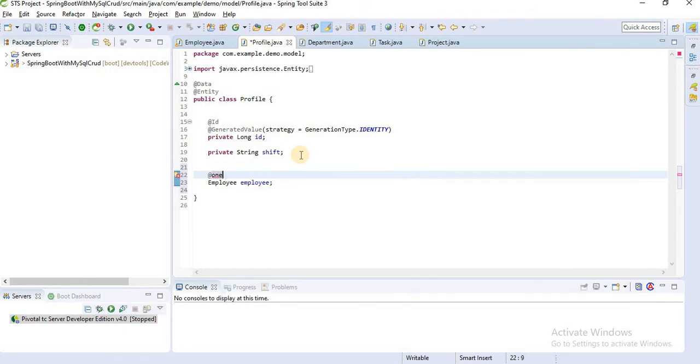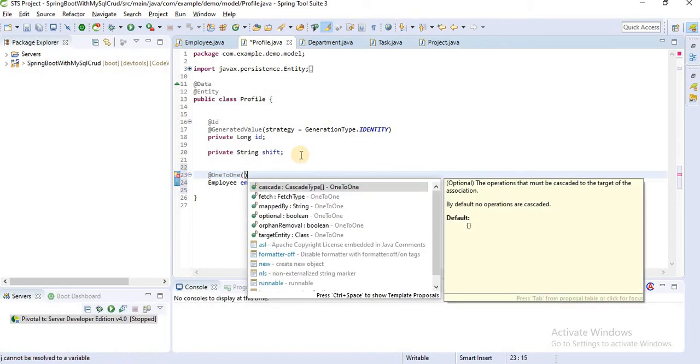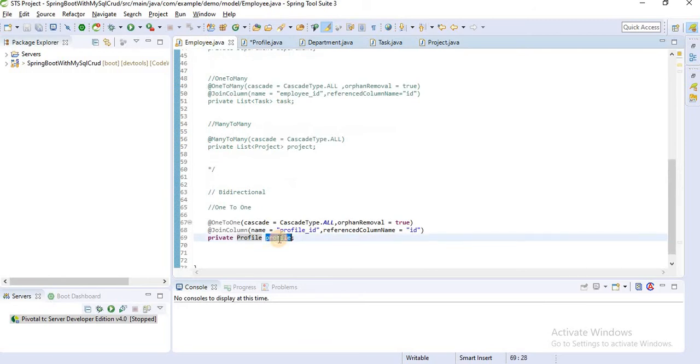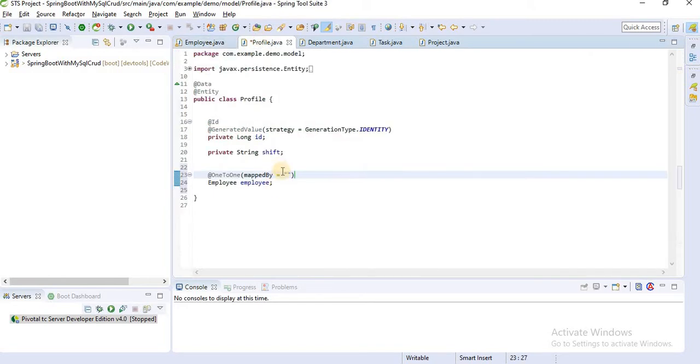Here, add the one to one mapping, and define mappedBy, and the profile name. Let's save. I am simply saying here in the child class that I am not responsible to map, I am not responsible to hold any id.